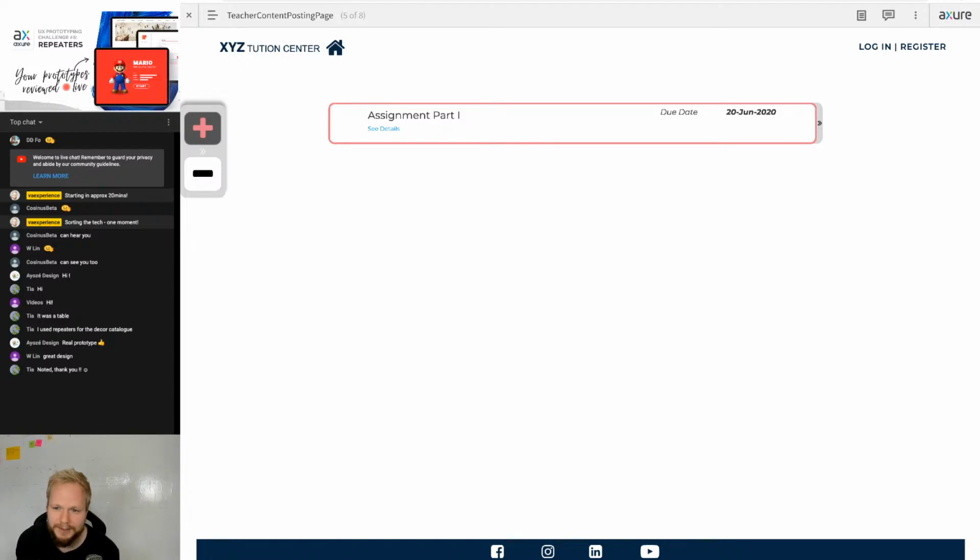Just to do it justice, I'm not going to show you what's behind the scenes, what the architecture is like, and what pages and views she has or he has. I'm just going to show you exactly what's there. And this is almost like a tuition center for teachers. I might be butchering again the purpose of it. So W Lin,